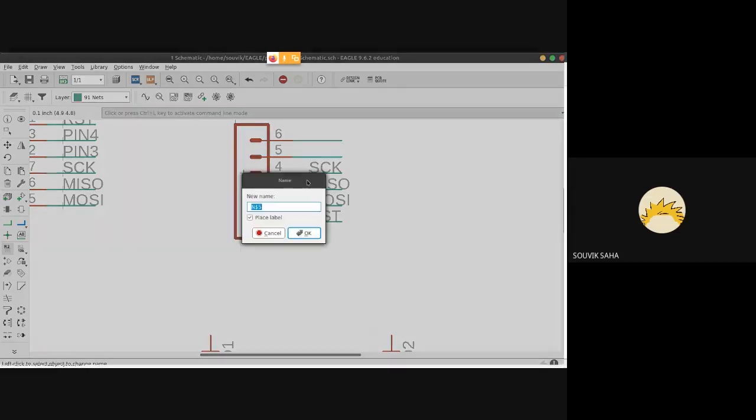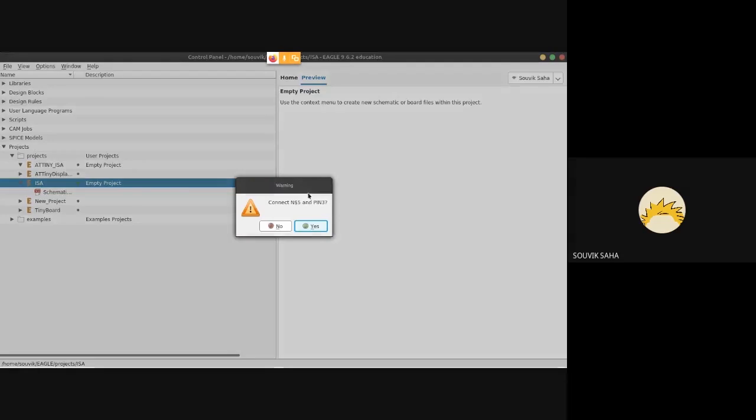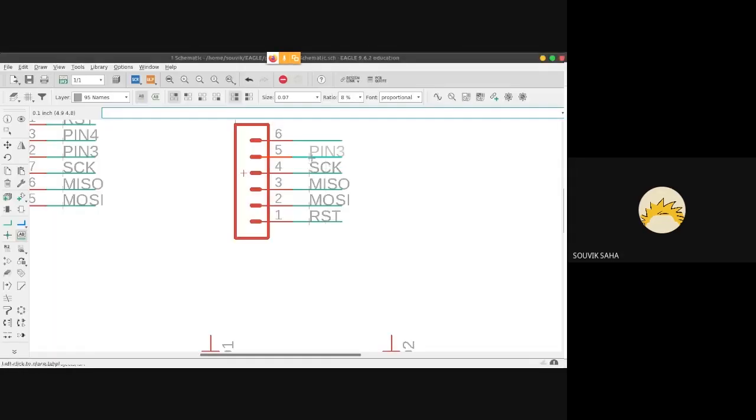I hope you've all heard of H bridges and what they are. This board currently is not able to do that, you'll have to add a separate H-bridge circuit. If you want to make it more specific, then you can add your own H-bridge circuit and all those things. But that will make the board more specific in nature.